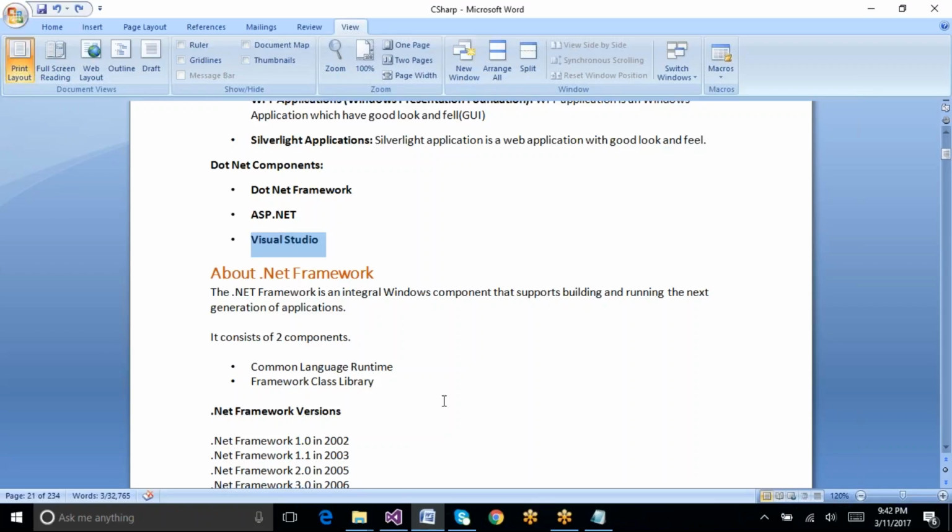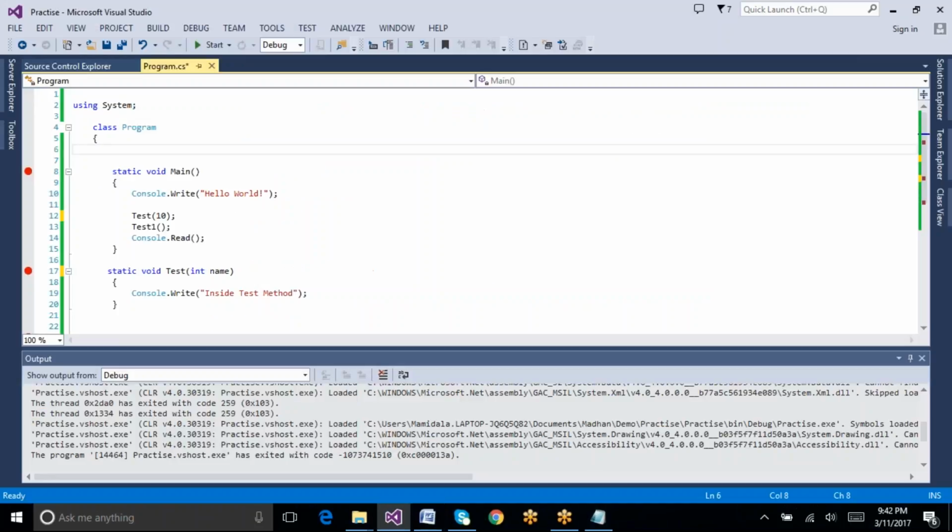But the problem with writing the code there is this. If I misspell the word class, here it is indicating with the red color that a namespace cannot directly contain something, it is giving an error here. That indication is not the framework. That indication is called